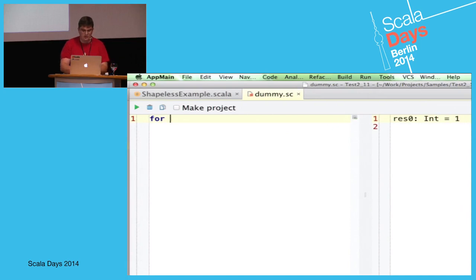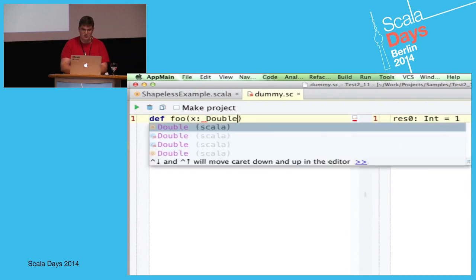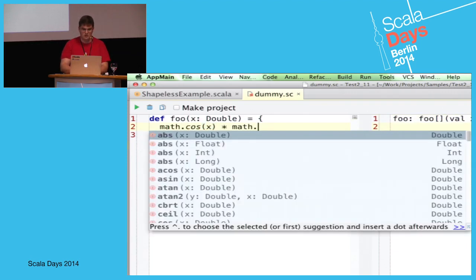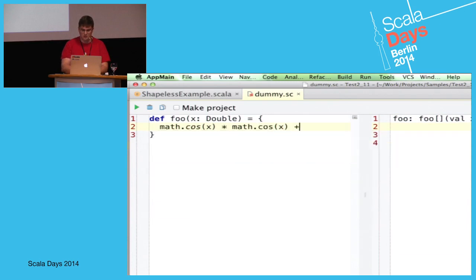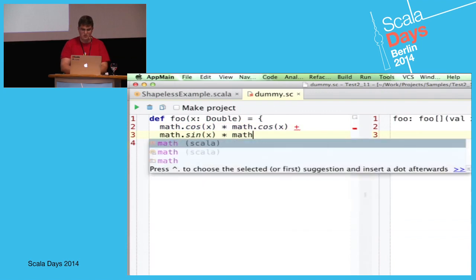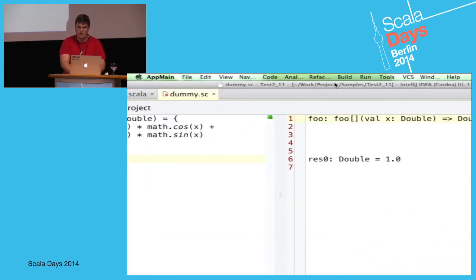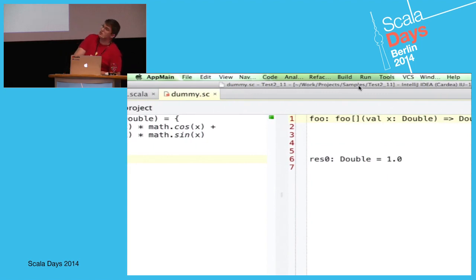As one example, I can show you a check for some mathematical equation, some very well known one. You can see that it was immediately evaluated, and the result is what was expected.